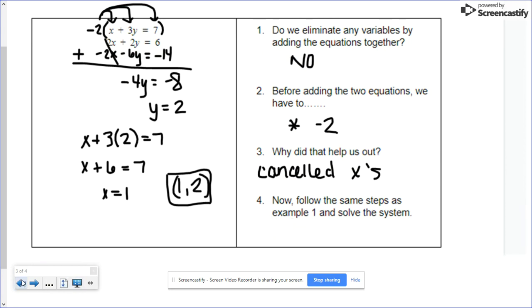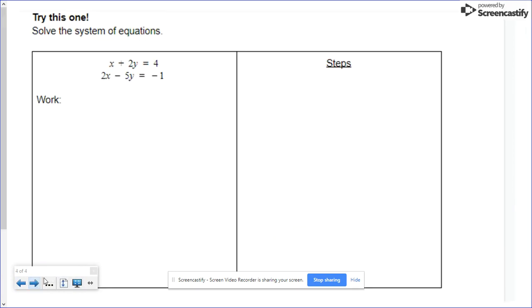Okay, I think my video is going to run out of time pretty quickly, so I'm just going to solve this. You should push pause right now. Try this one on your own. But I'm going to do the work really quick so you can see the answer. Once again, you have to do some multiplying before you can even cancel anything out. And I'm going to do the exact same thing and multiply it by negative 2 so that I cancel the x's out. And that's what I get when